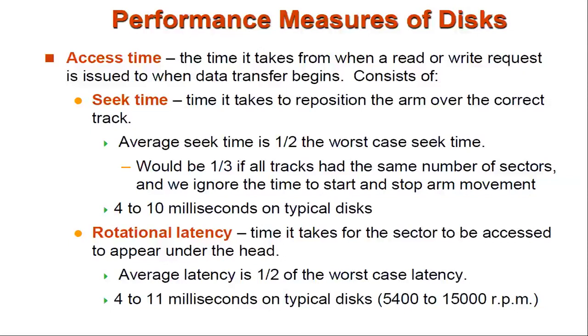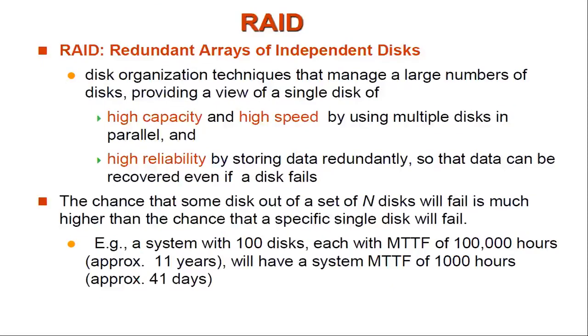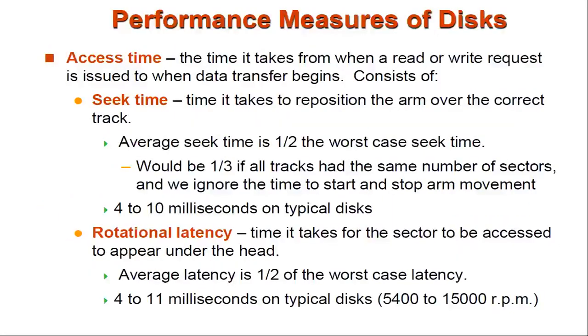Now, for a typical disk, how much will the rotational latency be? The speed will be 5,400 to 15,000 rotations per minute. So just see the speed of your hard disk rotation. Per minute it will be about 5,400, which is very minimal, and you can reach up to 15,000 or so. Even nowadays, hard disks can go beyond this. This is the topic we wanted to discuss here as an introduction.